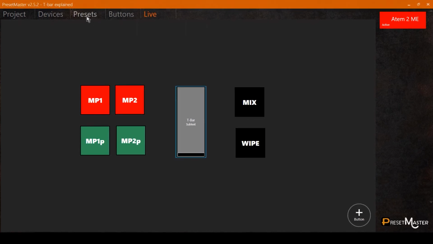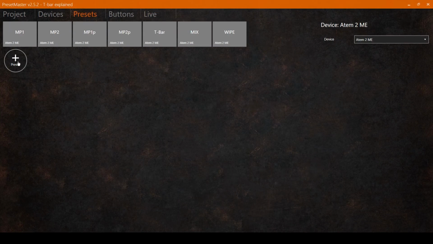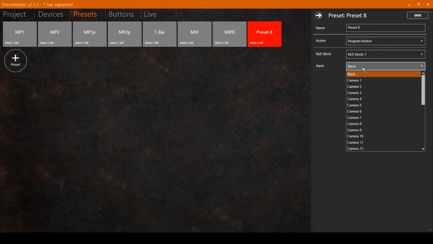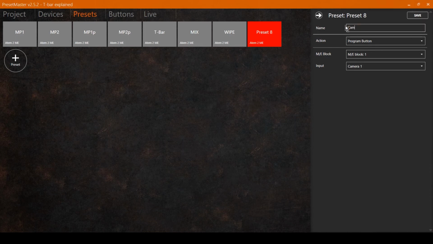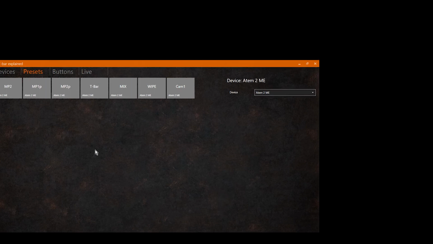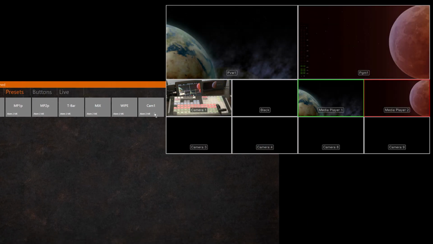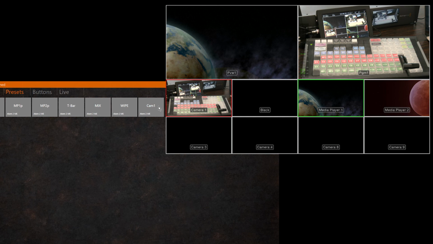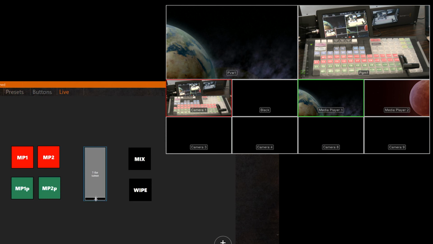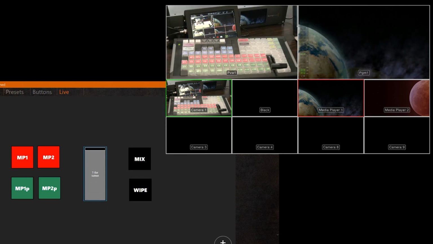Let me quickly make another button for camera 1 where you can see my camera that shows the Xkeys panel. I select it now on program, and let's say I want to see it on preview. Now it's on preview, but nothing does happen yet here, not on the T-bar or anything, because I have to tell PresetMaster which buttons